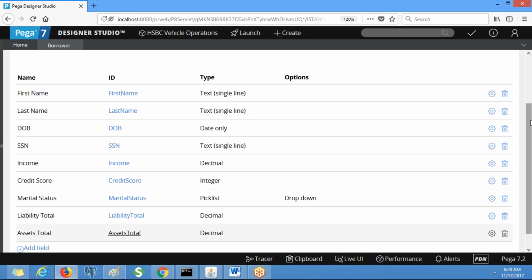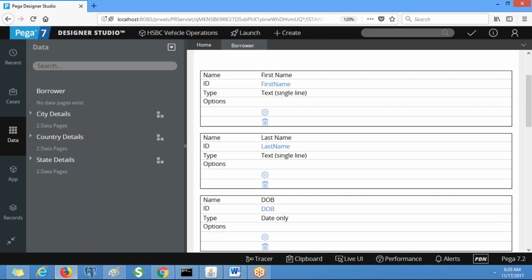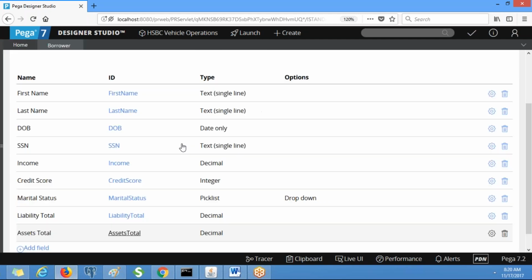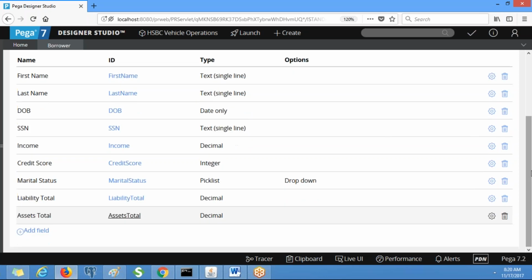Next, spouse also will have the same properties, right? So now I'm going to create a property called spouse in here, a property called page property. When you create a page property or page list property, we need to give the page reference as data class.